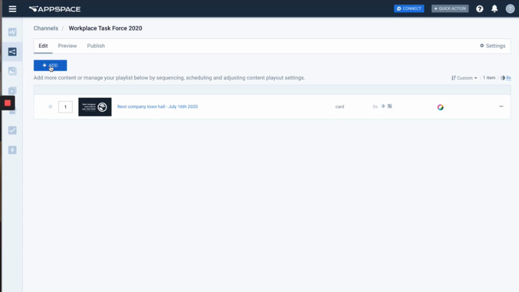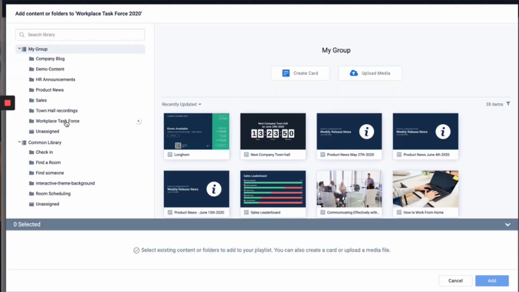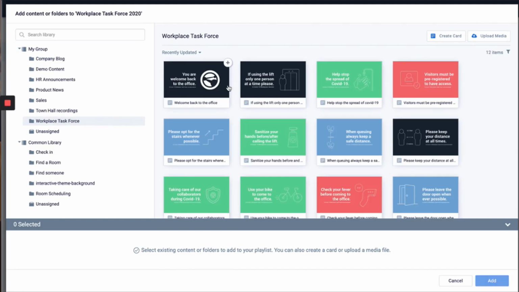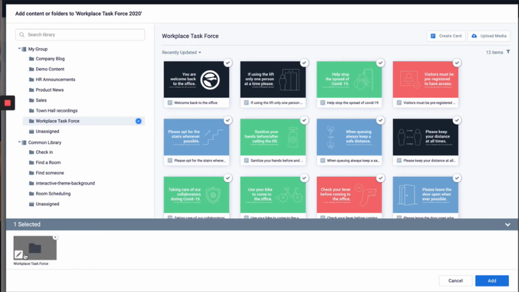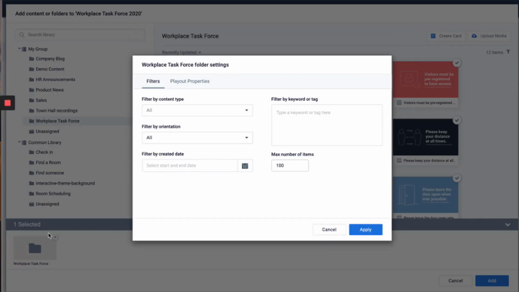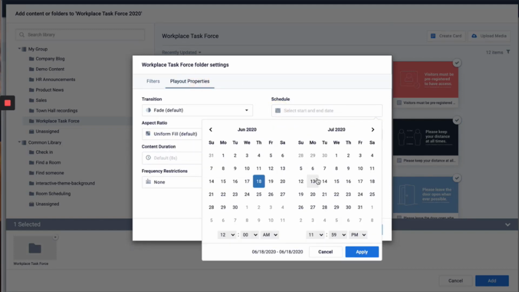Next, I'm going to add some additional content. I'm going to click Add, access the Appspace content library, and select a folder of content. I can add content manually one by one or select a whole folder. And before I add the content into the Appspace channel, I'm going to use the settings to define the playout properties. For example, publishing this content the week of the return to the office, let's say July week 20, and